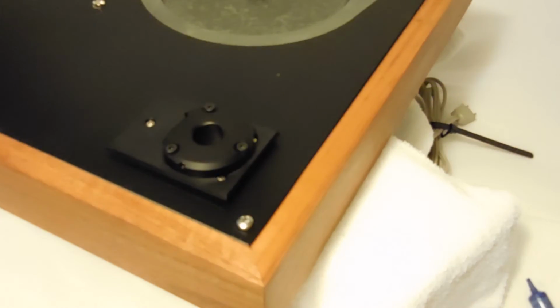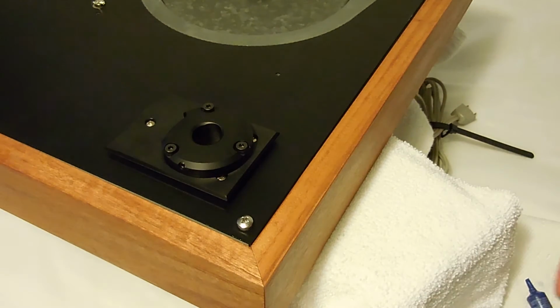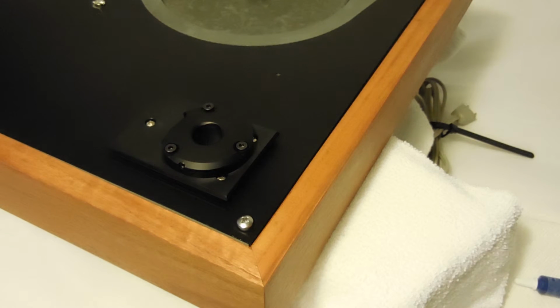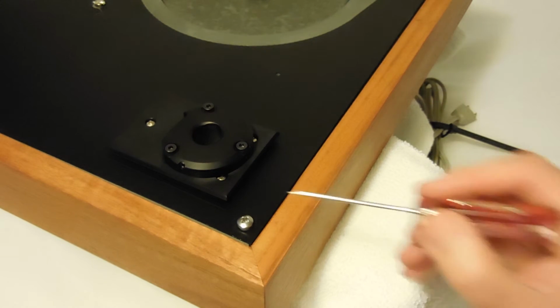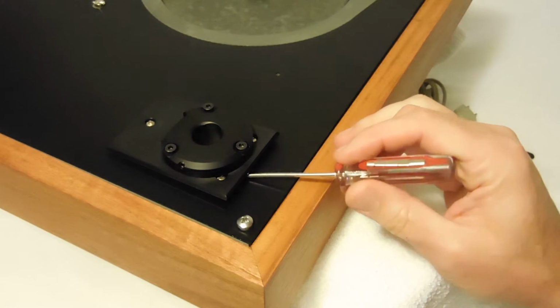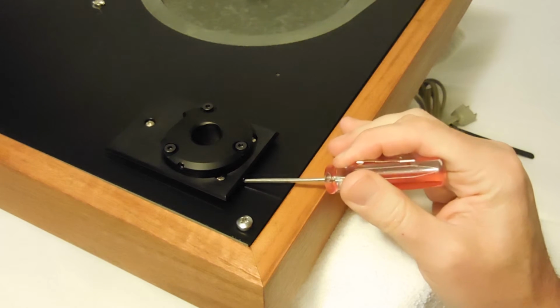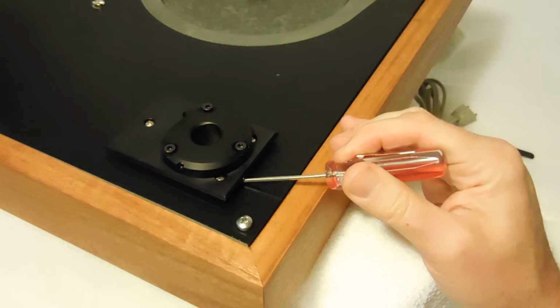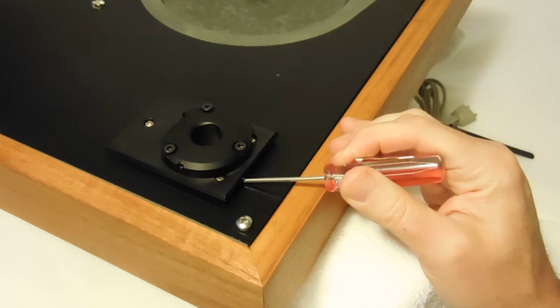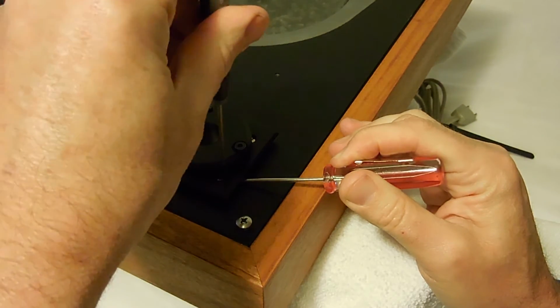Actually going to give a slightly different angle here. So these are the 2 machine screws, what you can see from the top. And basically what I do is I use one screwdriver to look down into this space here. I'm kneeling now by the turntable, and I can see those 2 washers and nuts on the underside. And I'm using the screwdriver very carefully not to damage the top, to hold the nut so I can then,